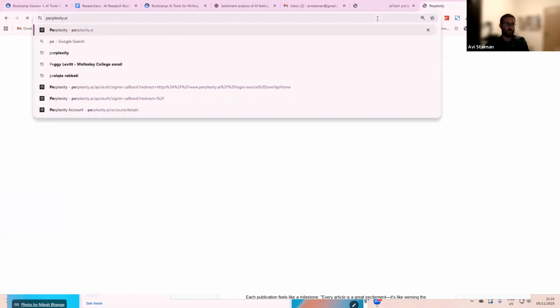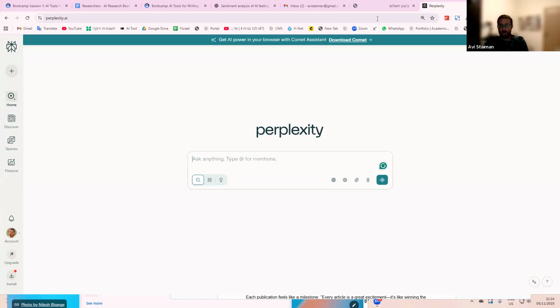Okay. So here we're going to use perplexity.ai. You may have come across Perplexity before. If not, I highly recommend it. It's a really powerful tool. By the way, if any of you have used some of the research specific tools, you may have come across tools called Cite, SciSpace or Elicit. Those are all really great tools. They use the same RAG approach. So if you use those tools and you like them, keep on using them, because they have content databases of a lot of academic articles, which is really helpful.